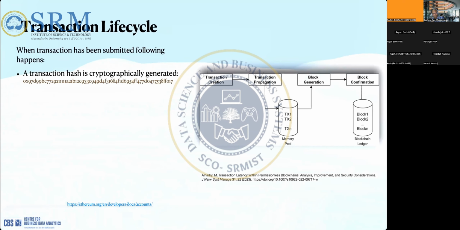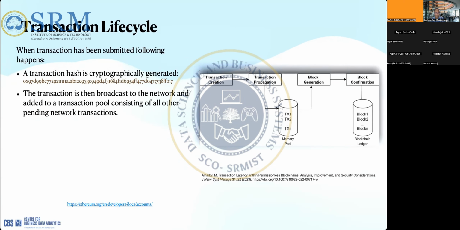Whenever you create a transaction, a cryptographically signed hash is generated with a public and private key and other kinds of things. And the transaction will be sent to the network, you can say broadcasted to the network. So the nodes which listen for transactions will receive it and put it in the memory pool. This is equivalent to the unspent transaction pool in the case of Bitcoin, right?